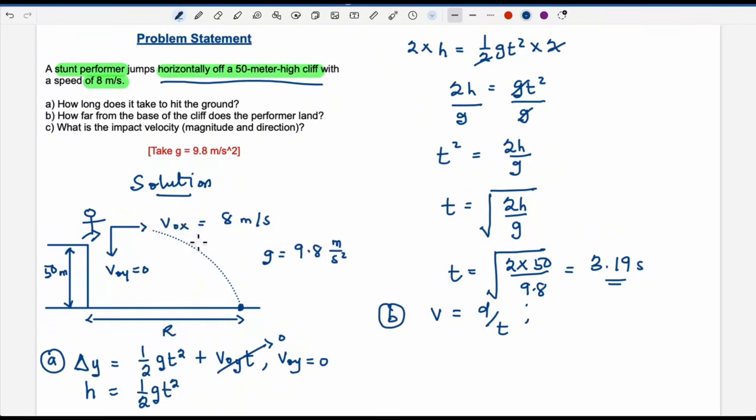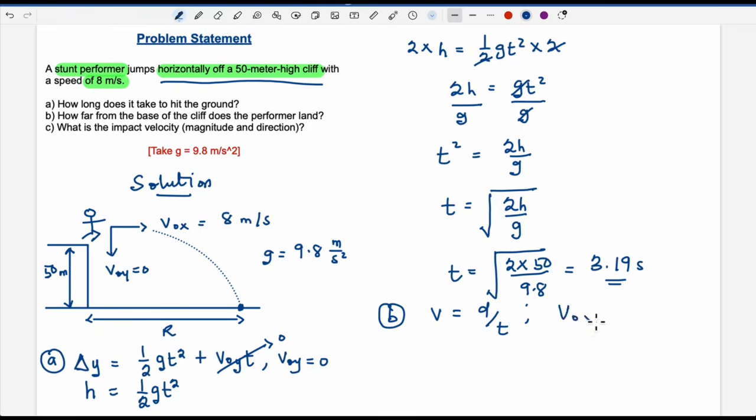So that horizontal velocity can be our velocity here, and then the distance, which would be the range, divided by the fall time, because again, I mentioned it takes the same time for both the vertical and the horizontal component of the motion. So here we can say